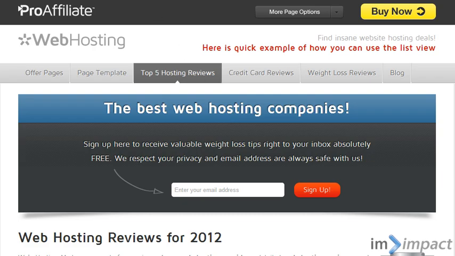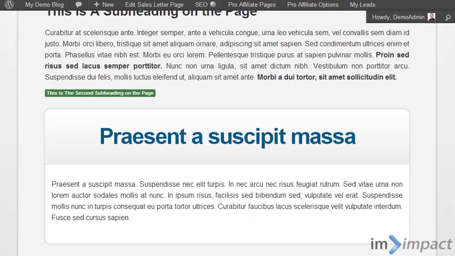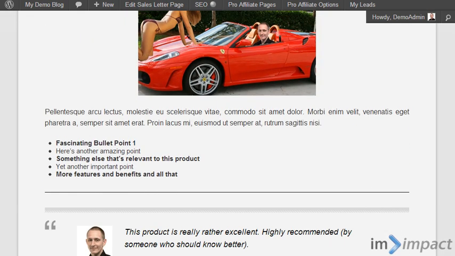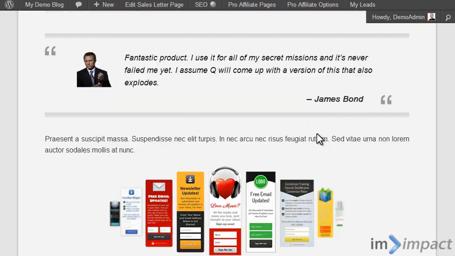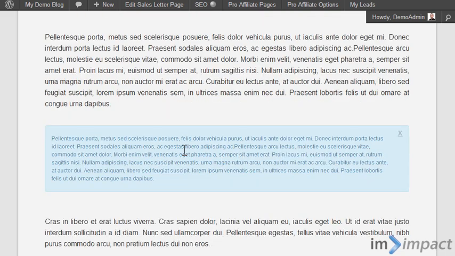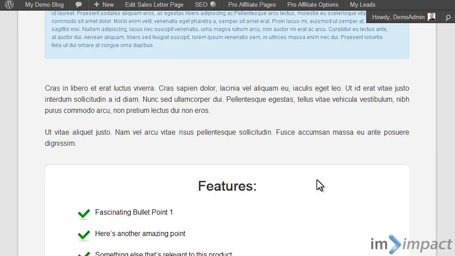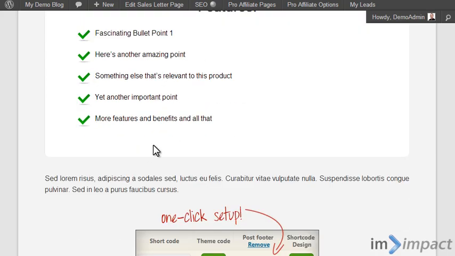Now this brings me to one of the disadvantages. Go back and look at this sales letter here. This is what a Pro Affiliate sales letter looks like. This is what a Pro Affiliate testimonial looks like. This is what a Pro Affiliate guarantee looks like, and there are no options. There are simply no options. You cannot choose. I think you can choose between a few different tick marks,